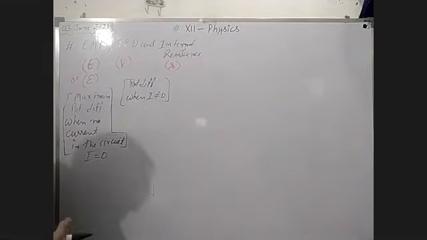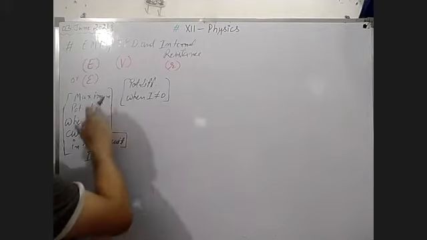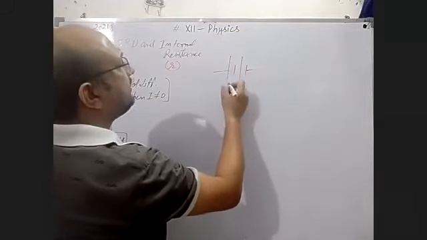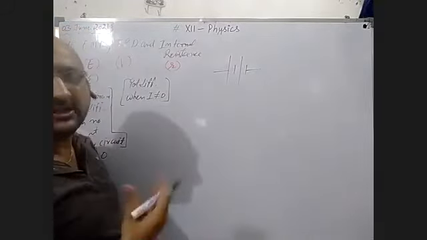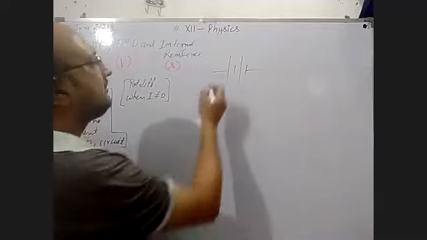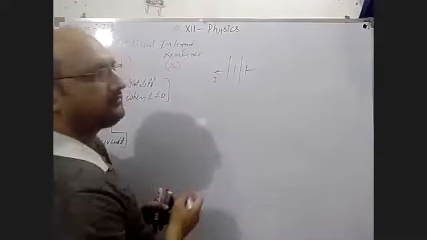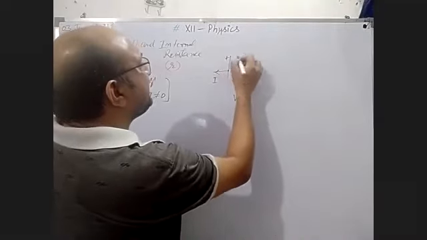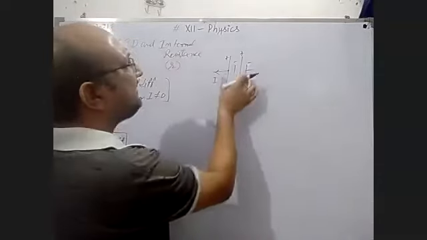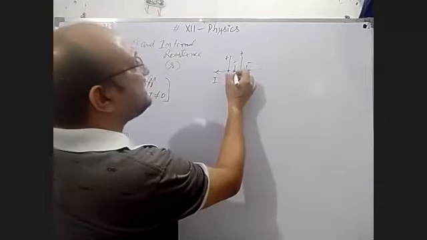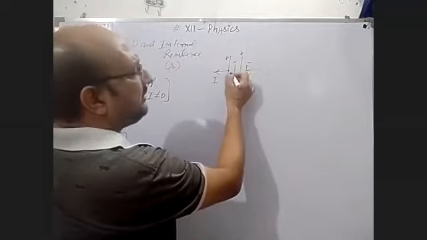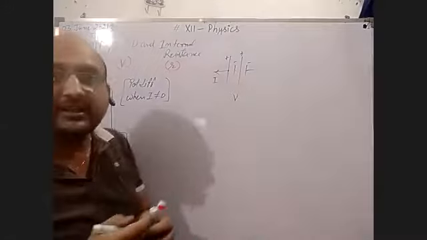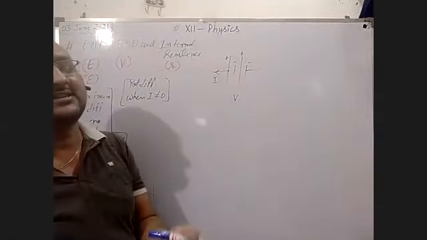Internal resistance is what? For potential difference or EMF, we have to take a battery-like thing, a source, from where the current can be drawn. You know very well, this is the positive terminal, this is negative, this is again positive, this is negative. There will be a distance between these plates, and maybe wire-like things in the cell, where length and area give resistance.